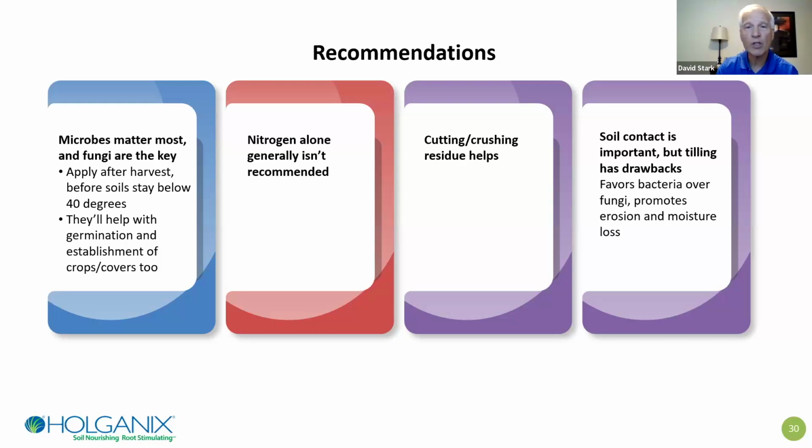Anything you can do, crush, chop, whatever, the residue helps. And tilling, if you have to, helps. But again, you're killing the fungi. If you cannot till, you're doing a good thing. So